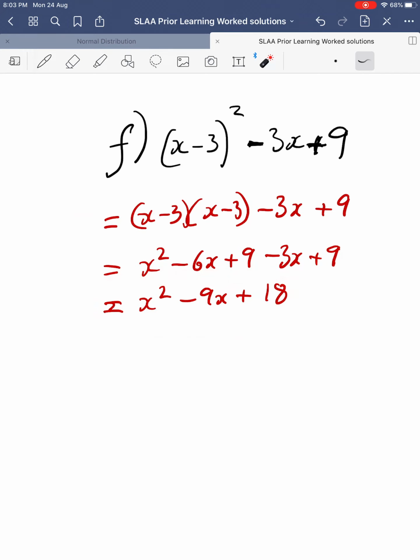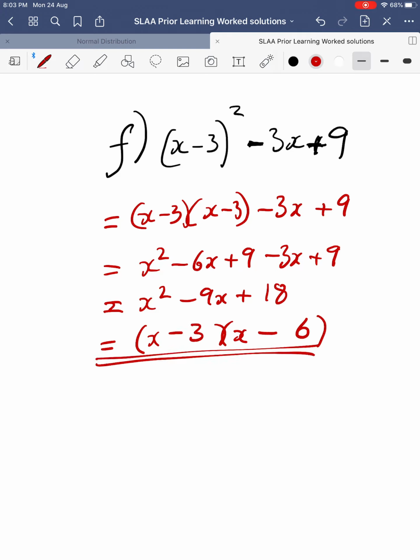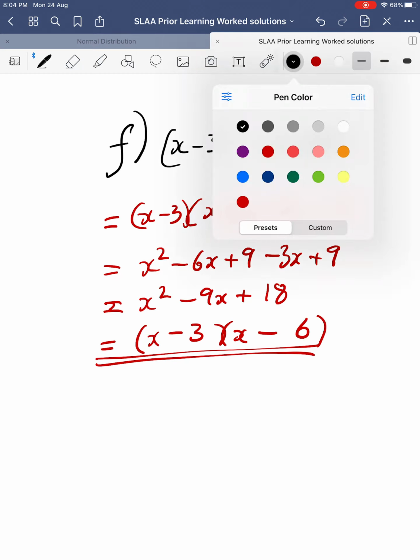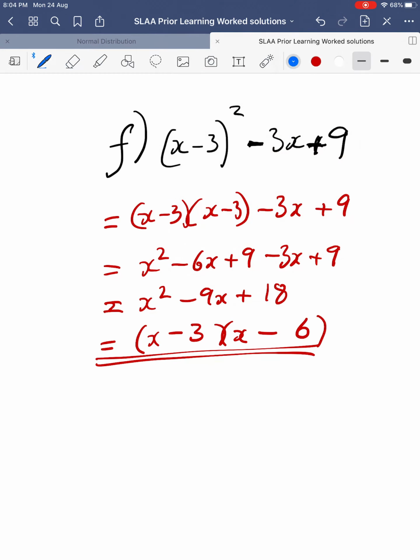Okay, I'll just go straight to the solution because I think I can see what it'll be. I need x times x. I need to make 18. That'll be 6 times 3, and a negative will sort me out. Okay, so that looks fine, doesn't it? But you've actually got a quick way of doing it. So if I just choose a different colour, do this in blue,